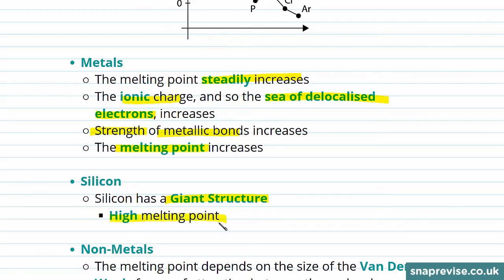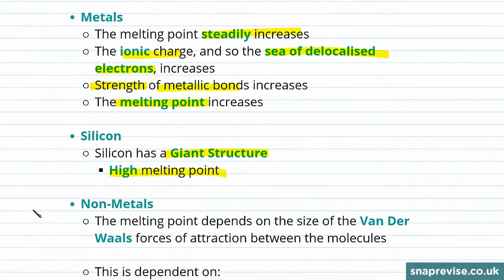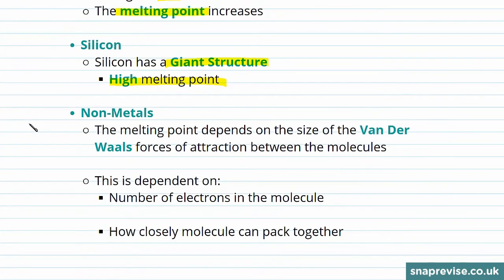We then dip back down for the lower melting point of our non-metals. Now, the melting point of our non-metals depends on the size of the van der Waals force of attraction between our molecules. And this itself is dependent on 2 main factors: the number of electrons in the molecule and how closely the molecules can